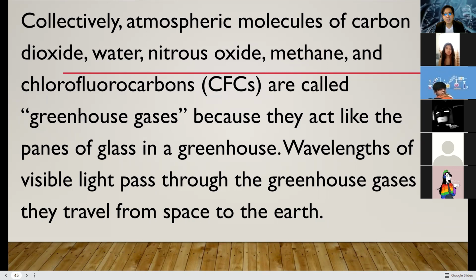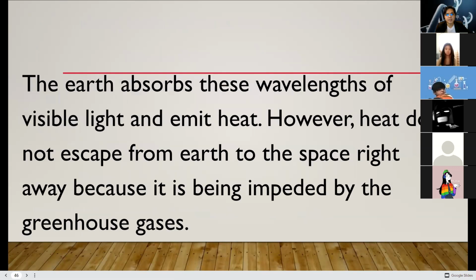Okay, wavelengths of visible light pass through the greenhouse gas as they travel from space to Earth. But the Earth absorbs this visible light and emits heat. However, heat does not escape from Earth to space right away because it is being impeded by the greenhouse gas. We are now trapping the heat. This is the reason why